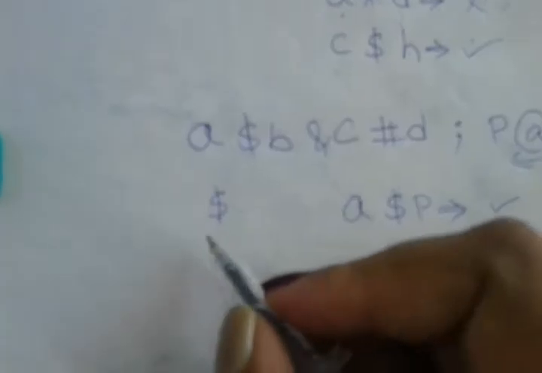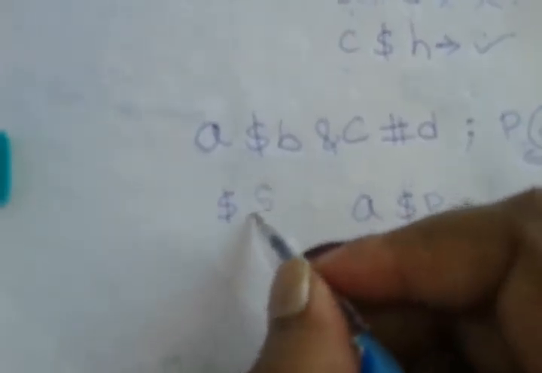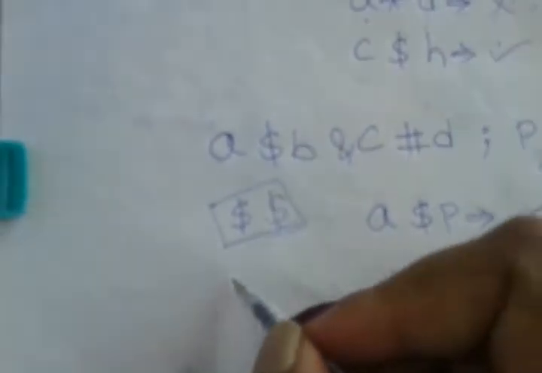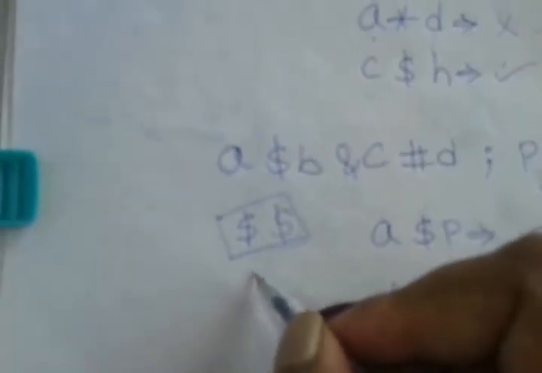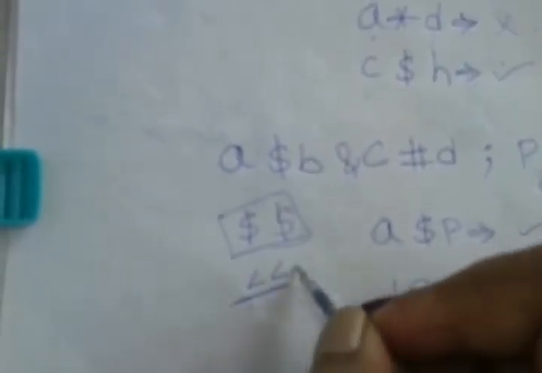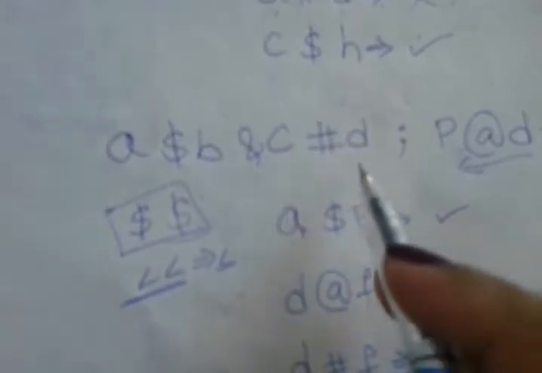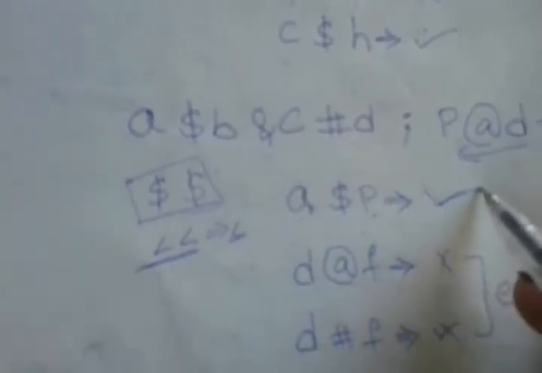So I have got dollar as my first output and dollar again. So two dollars I have. Between two dollars, what is my option? Less than is my option. So dollar is my dollar only. So A and P will follow. Dollar means A is less than P will follow. So it is correct. And next one we will see.